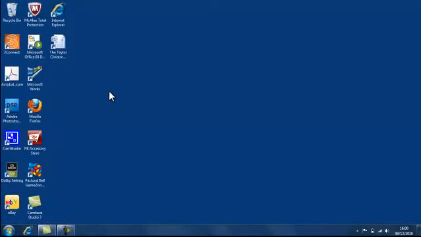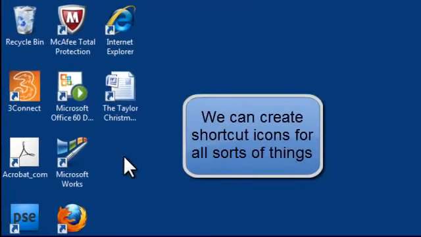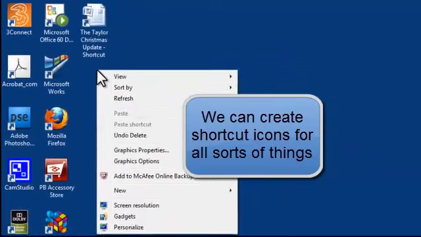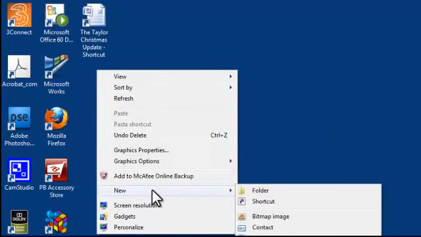And that's how to create icons for your desktop. And we don't have to just use Word documents, we can do it with files or folders. If I can demonstrate very quickly, if I right click underneath there, open a new shortcut,